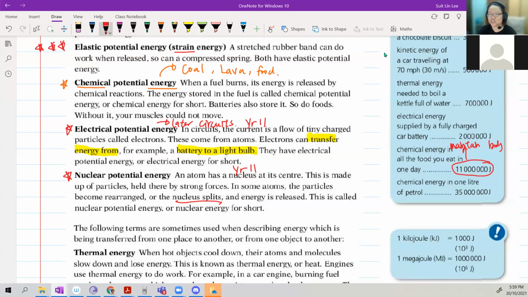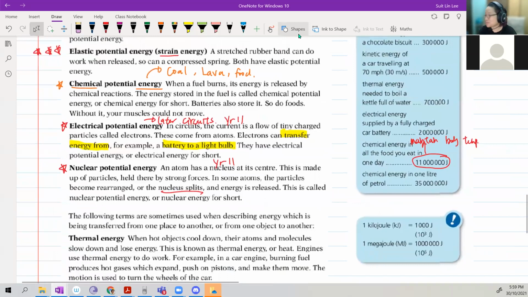You can kill a snake with ginger juice. Ginger juice is very hot, man. The mouth. Okay, anyway. To maintain your body temperature, if you lie down on the bed and never do anything, you sleep the whole day, you still need at least 1,004 kilocalories, which is still a lot of energy to keep you breathing, to keep your body warm.